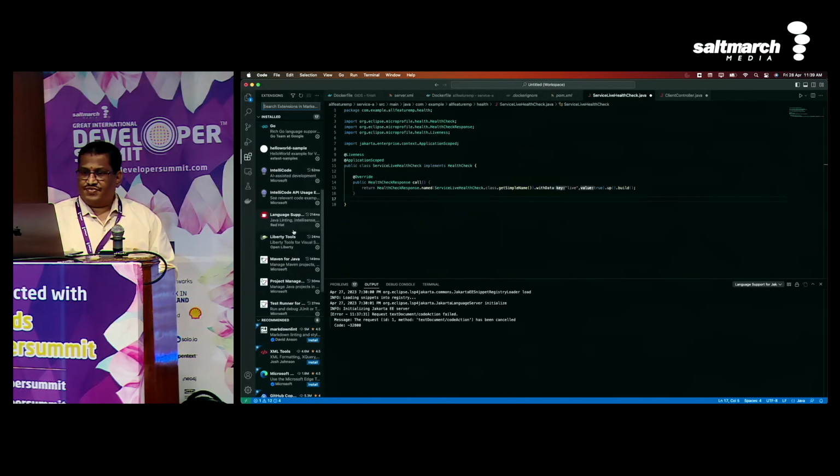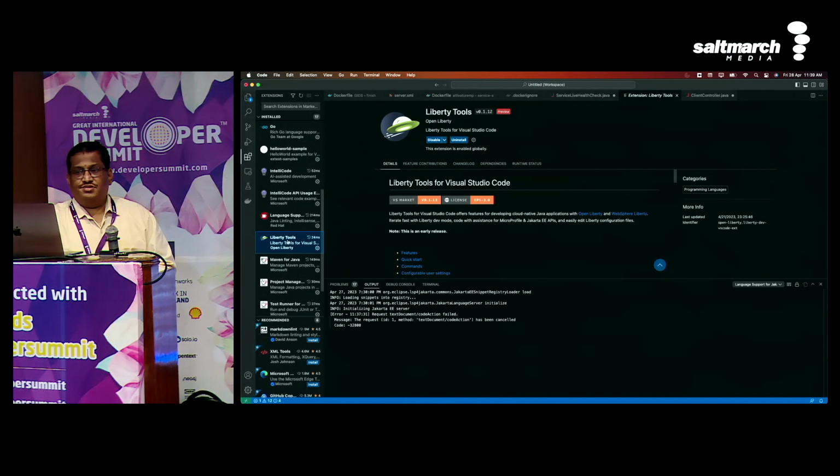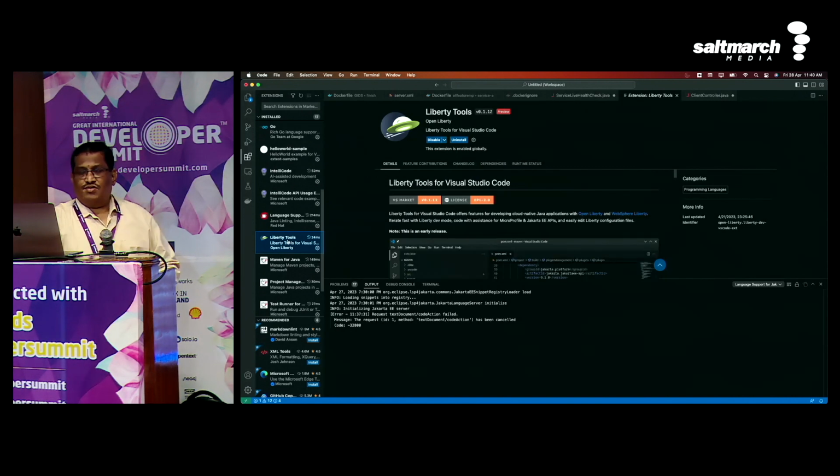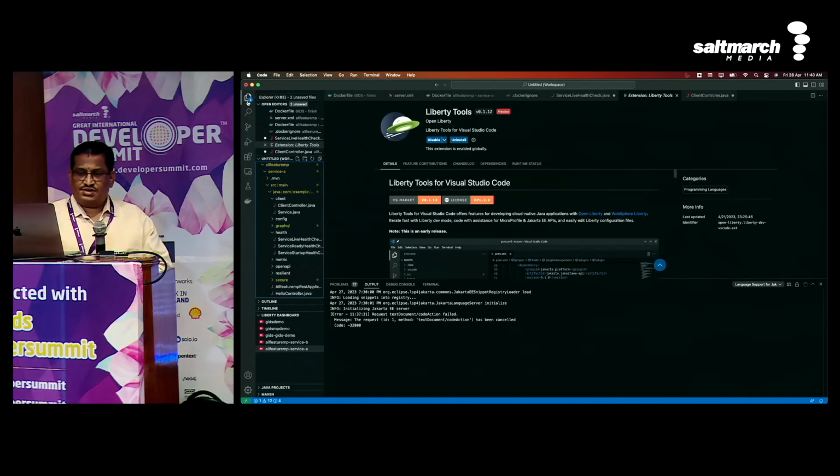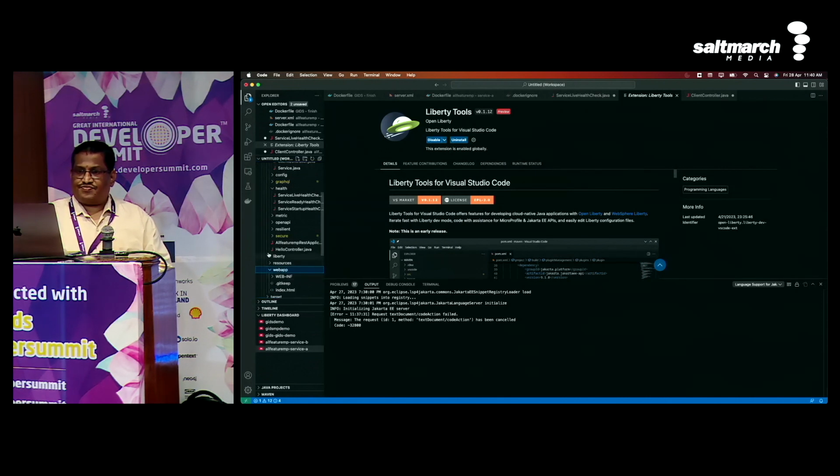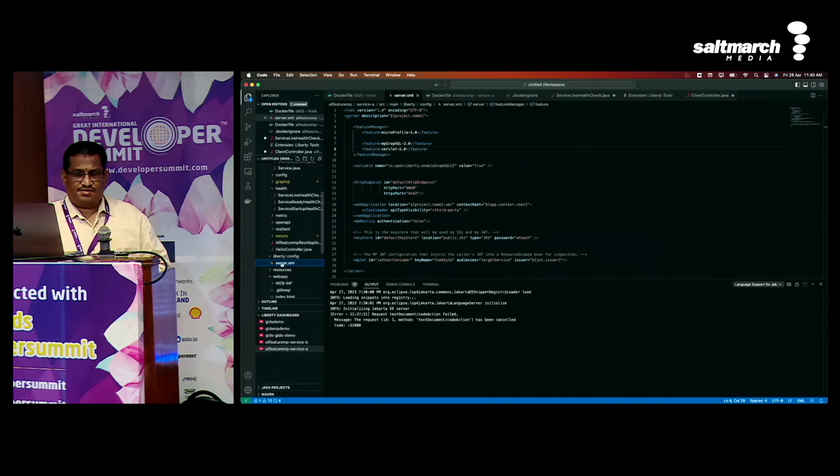So we have a thing called Liberty Tools. I don't know how many of you have used Liberty Tools. If you download Liberty Tools on your particular IDE, as soon as you load your MicroProfile or Open Liberty project, you'll get a dashboard with the projects present in the project you loaded. Basically, it is detected based on the server.xml, which is available in the project. So based on the server.xml, this Liberty dashboard popped up with the list of projects. So on right clicking,